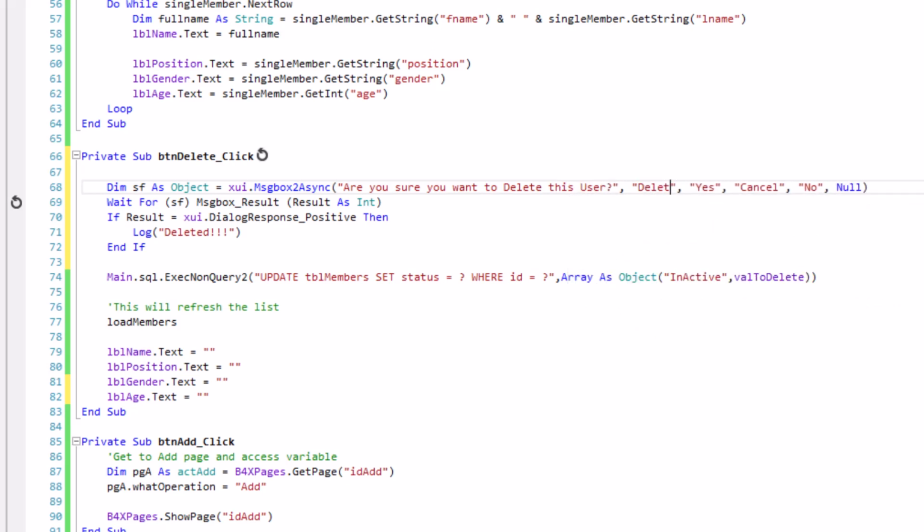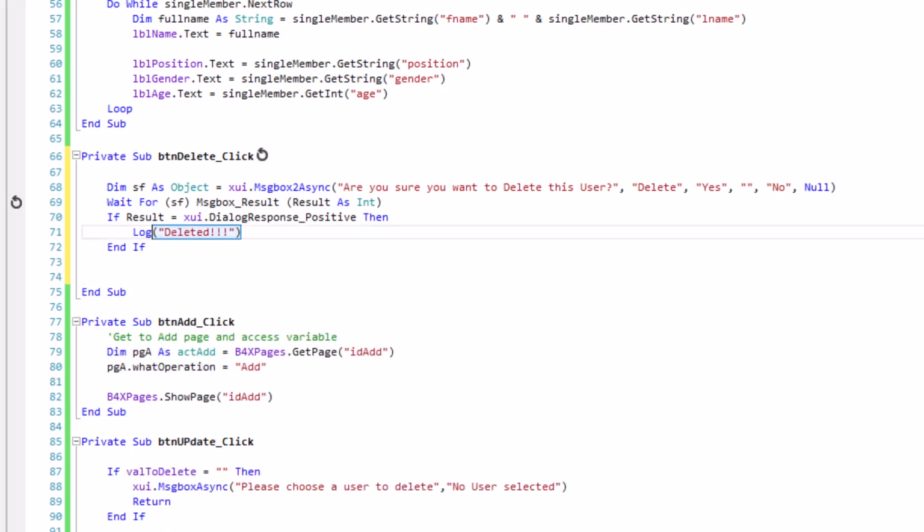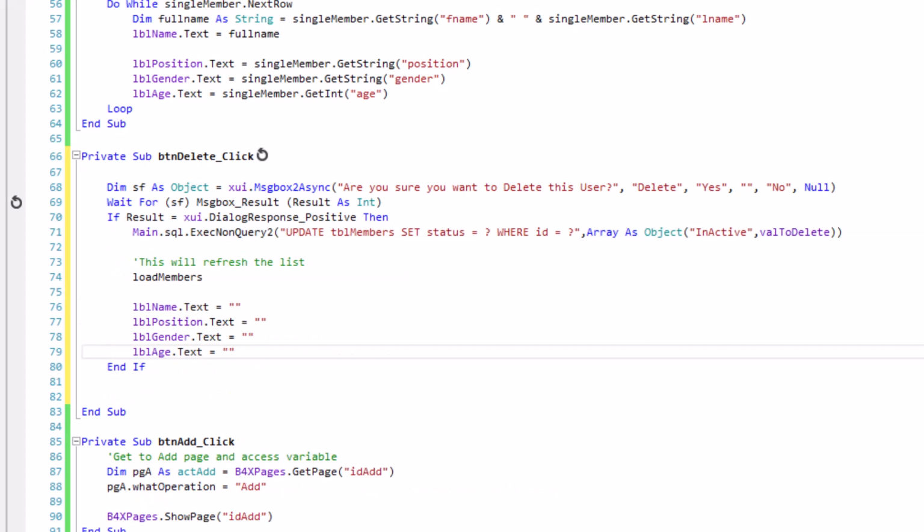Options yes and no. So wait for message box. If it's positive, it is yes, then we run this code, we delete the user, and then reload the database and clear. It is good. Okay, I think we are done.